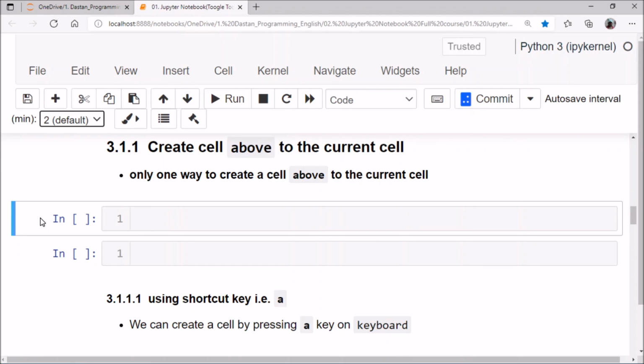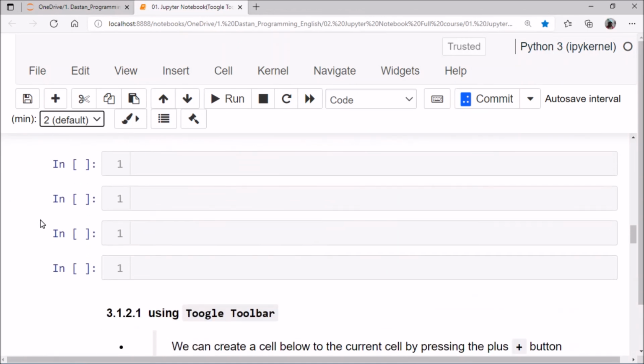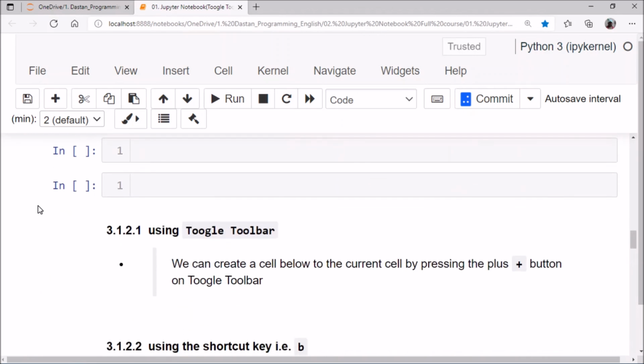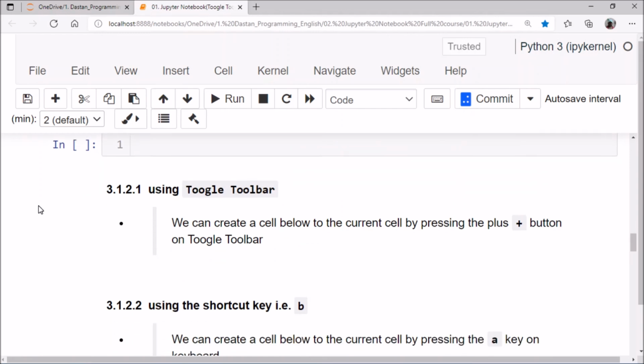So when I press DD, then it will delete cells. I don't know why it is not deleting. Maybe some internal error is going on.